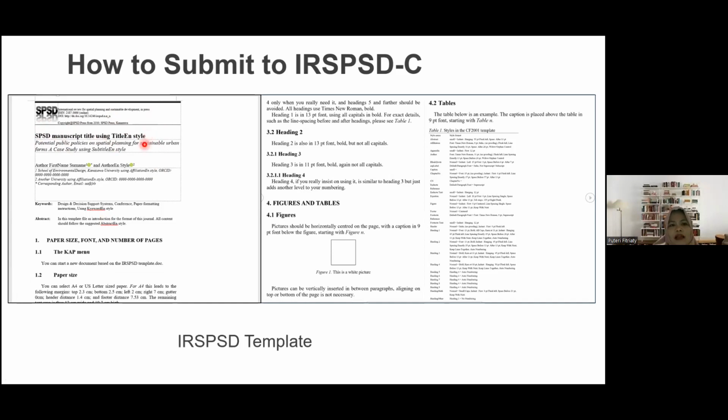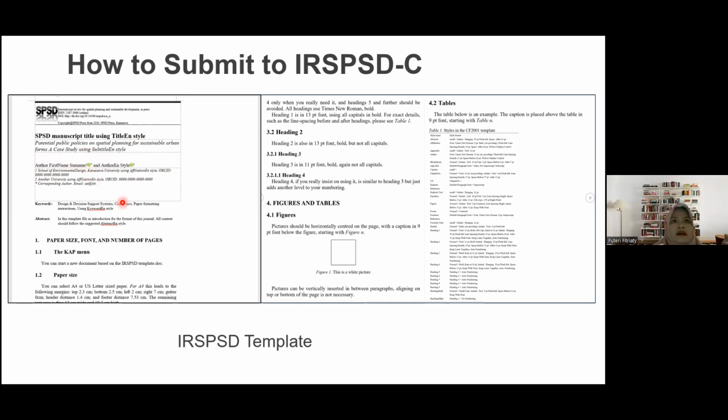If you have a subtitle, then you can write it in the second line here. Just copy and paste for the style, and then here is for the author's name. So first name and surname, not surname and then first name. You have to write the first name and then the surname, and then another author.